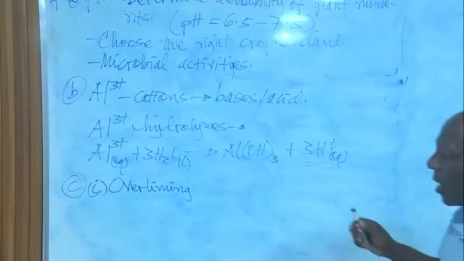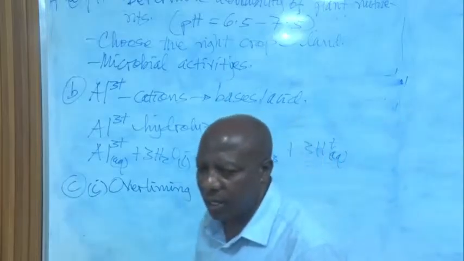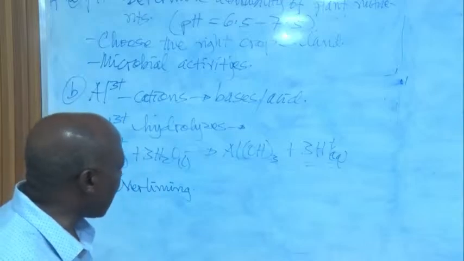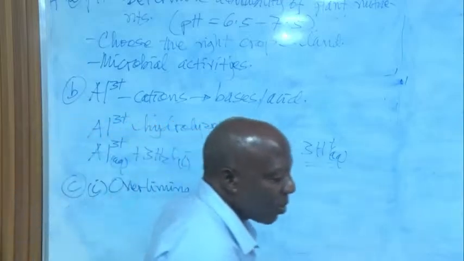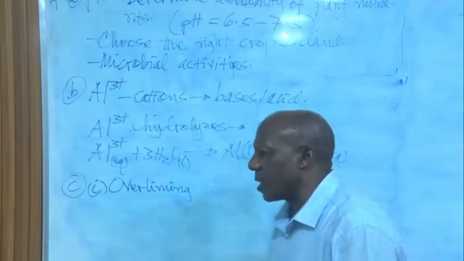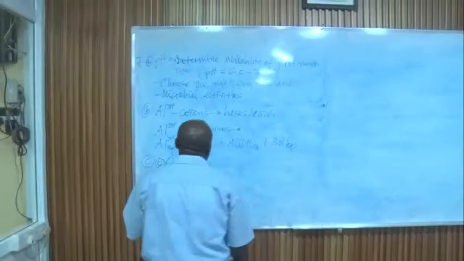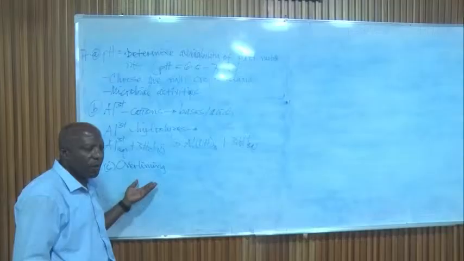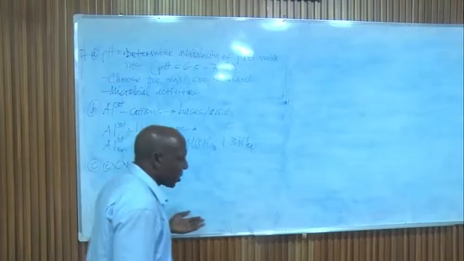So this liming process is used to moderate or to raise the soil pH, to correct soil acidity by removing it. So it means this is the addition of bases in the soil. And basically, the bases which are commonly added are magnesium and calcium in the form of carbonates, hydroxides,